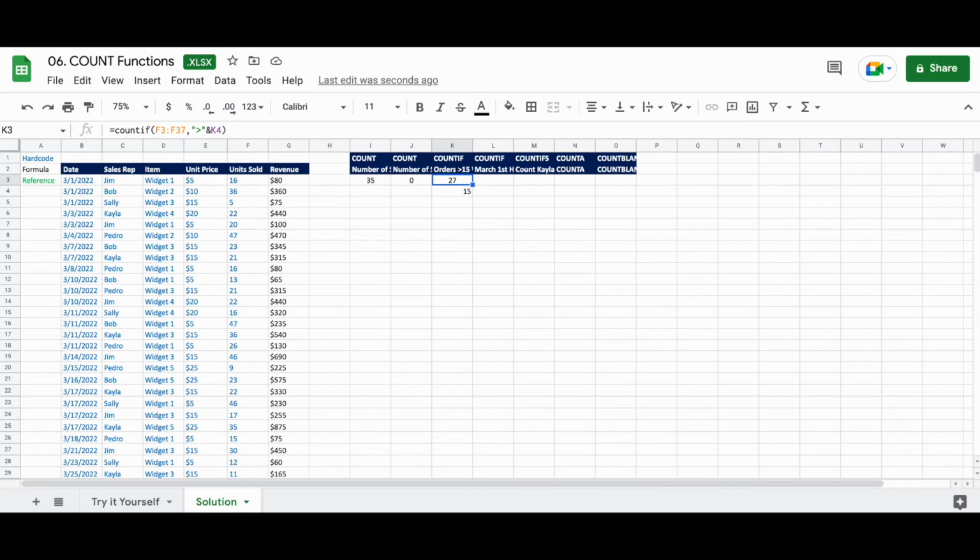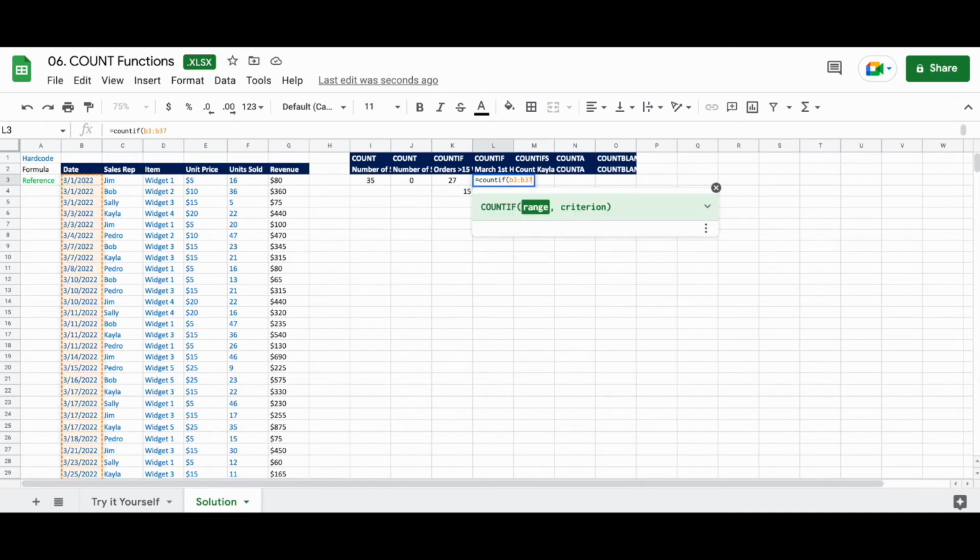Okay, next we're going to look at the sales in the first half of March. So we're going to go over to cell L3, and we're going to do equals COUNTIF. Open parentheses, and our range is going to be B3 through B37.